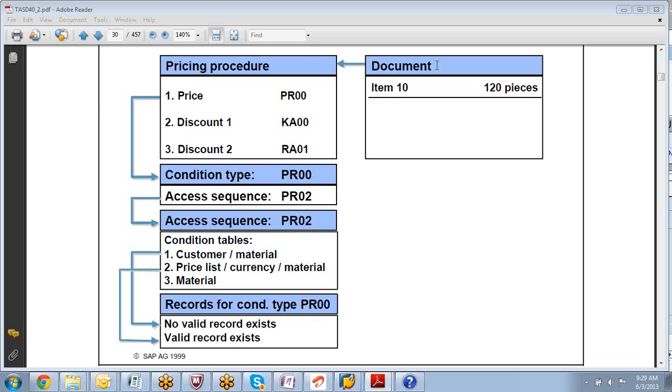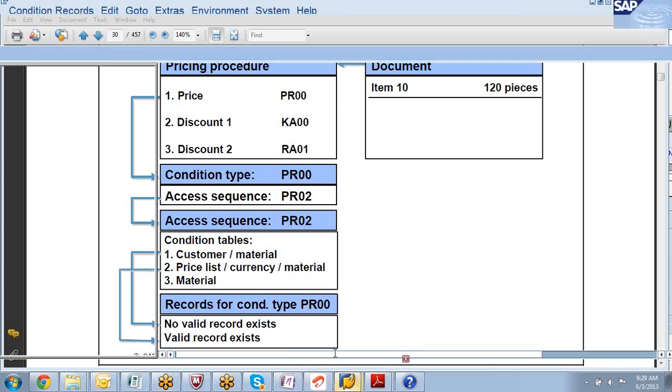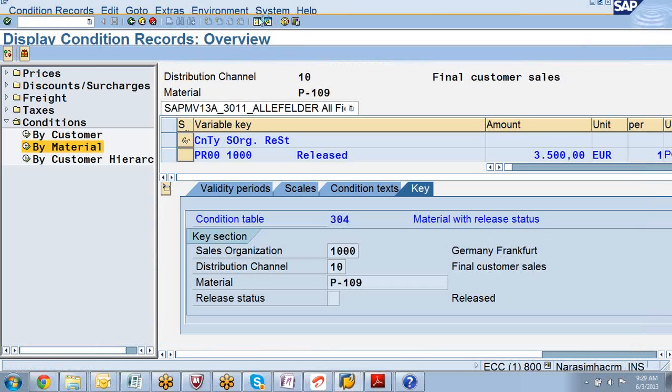Sorry, Ravi, for the pricing document, what was the code? The document is nothing but right here as VA03, and the standard document if you want to see it is 5405. Ravi, for the pricing procedure, what was it? Condition record is a separate topic, but if you want to see it together,